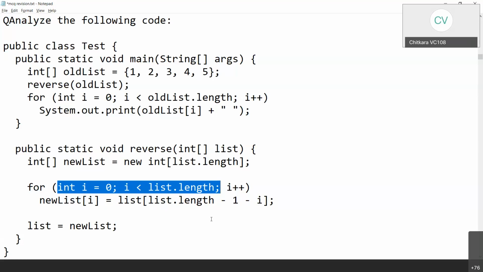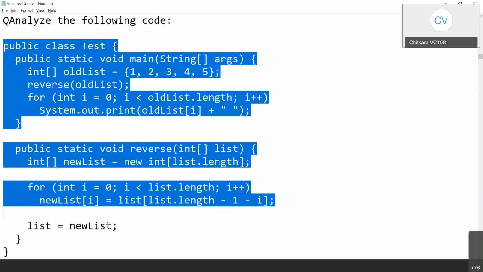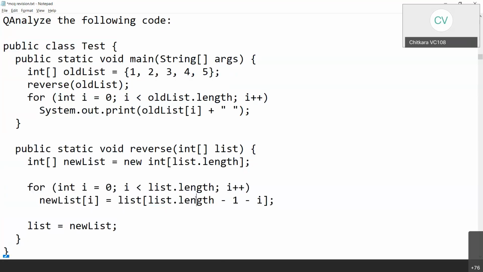So it is going to give me the contents in the reverse order, right? This is length. Let's check it.